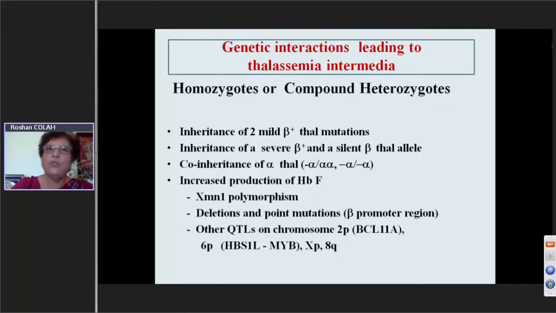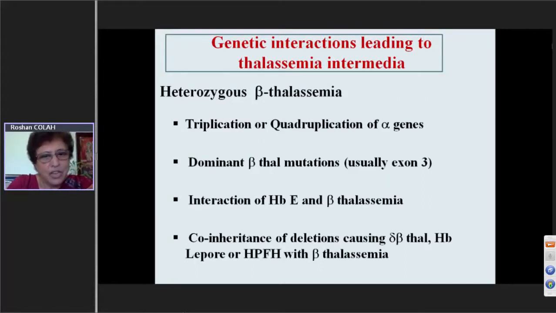But now we know that there are many other genes, there are promoters in the beta globin, and there are many other genes which are also involved in regulating fetal hemoglobin production. So one has to, they are known as the quantitative trait loci on different chromosomes, and more people are now looking at these and seeing how they can be modulated to alter the severity of the disease. Now coming to the carriers